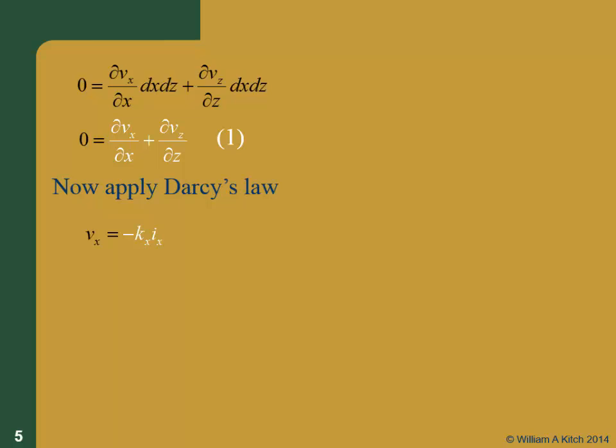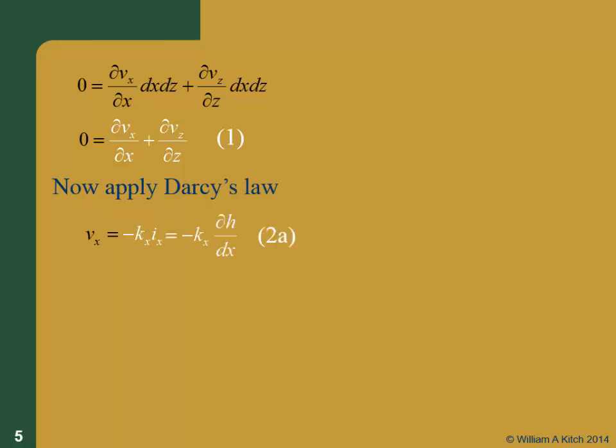Now, last time we didn't throw the minus sign in there, but we've got to be careful to think about this. Does water flow from high head to low head or low head to high head? High to low, so we have to have a negative. Before, we knew what direction the flow was, so we didn't think about it too much. But here, it's not going to be obvious which direction the flow is, so we've got to be really careful about our signs. The velocity is minus K, because the gradient is going to be the change in head, and the flow is opposite the change in head, because it goes from high to low and not from low to high. Okay. So the velocity in the x direction is the hydraulic conductivity in the x direction times the